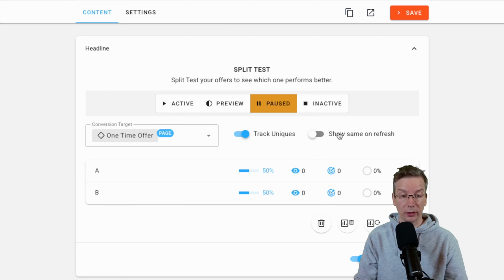And personally, I think you can get more accurate data if you show the same content to the same person. Now, yes, you might miss out on a couple of sales if you have one page that converts much better for that particular user, and every time that user is coming back to your offer, they see the same page. You might miss out on a conversion, but you're going to get more accurate data by showing the same content